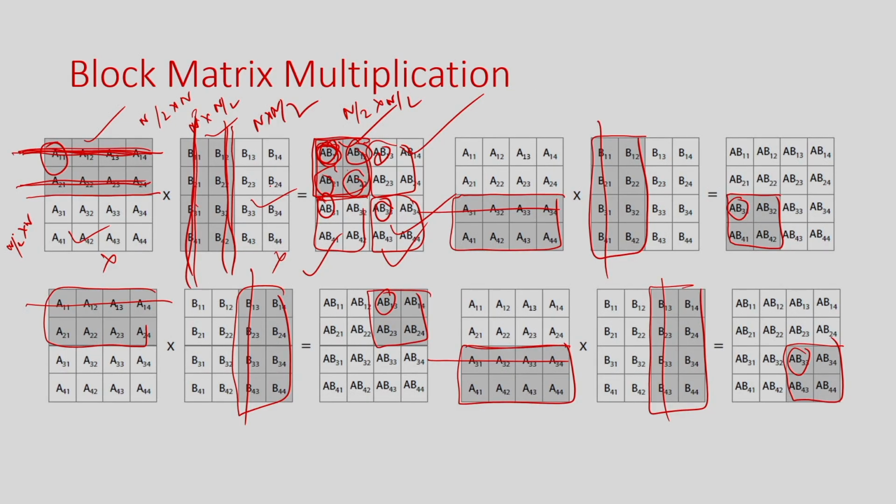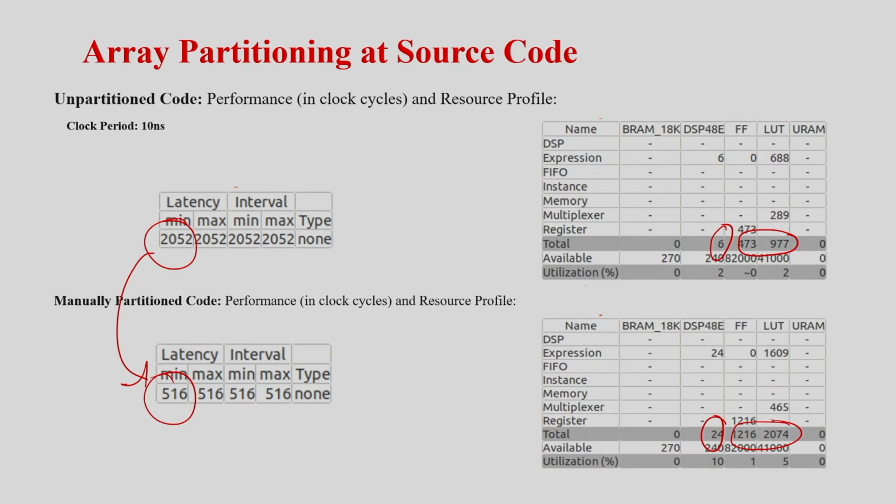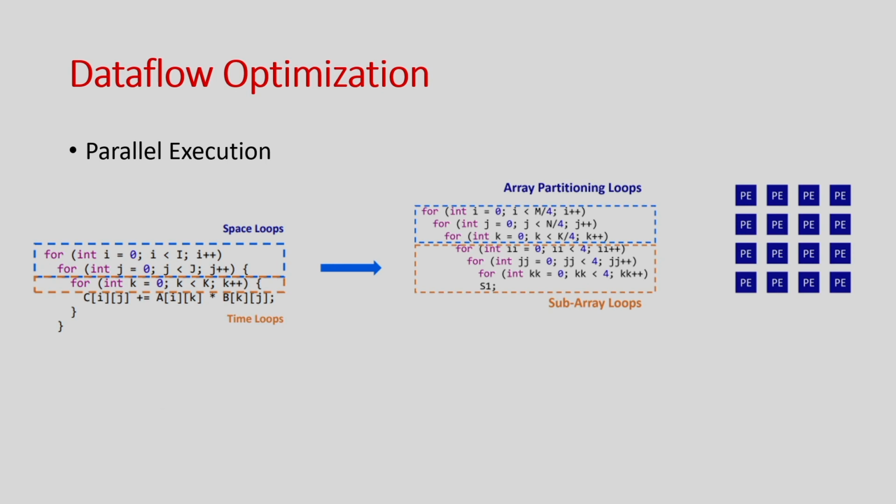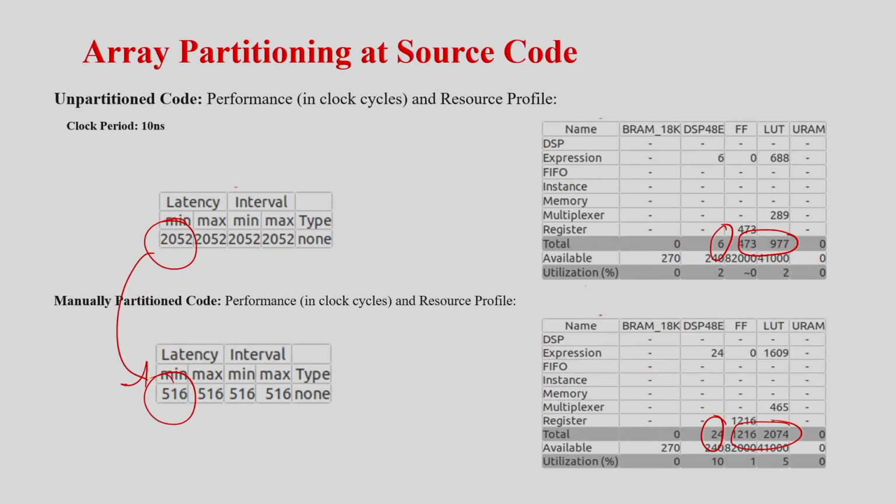So, this is how the matrix multiplication array can be split, and basically it improves the performance of the generated hardware. Okay. So far what I discussed is about either applying loop unroll, or applying a pipeline, or partitioning the array,